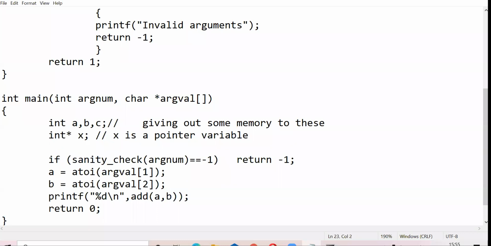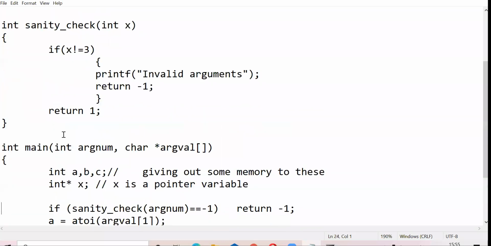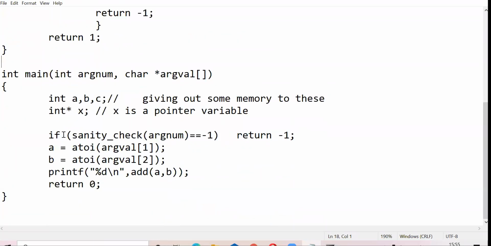So how do I give some value to x? Assume that here now I want to see the address of A. So since we are talking about pointers, let me just not use the remaining things. So for now, let's just comment all these lines.